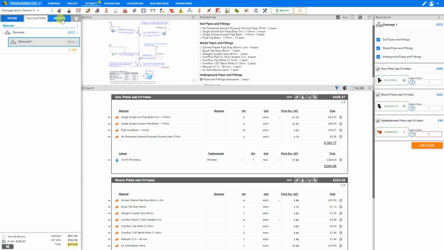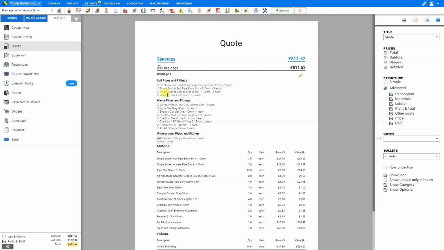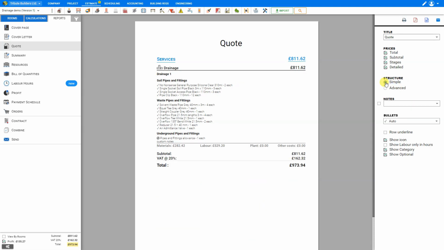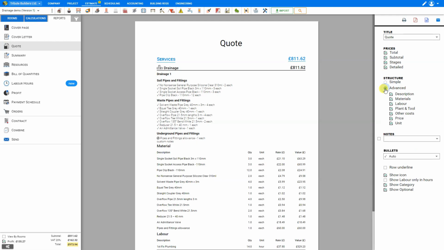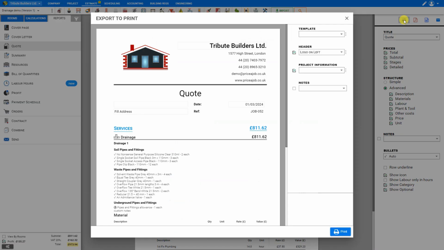When you're done, you can go to the Reports tab here, and Price a Job automatically creates a nicely detailed quote for you, and here you can choose to show either a simple or advanced quotation. You can include the price in the total, in the subtotal, in the stages, as well as the pricing details. And in the advanced quotation, you can choose to show or hide the description, the materials, the labor, the pricing, and the units. When you're done, you can print this quotation,